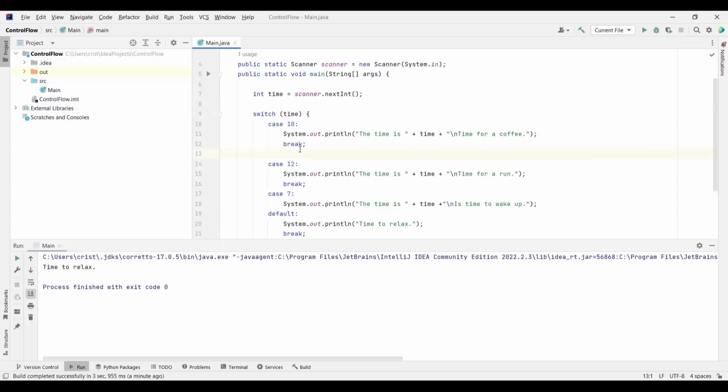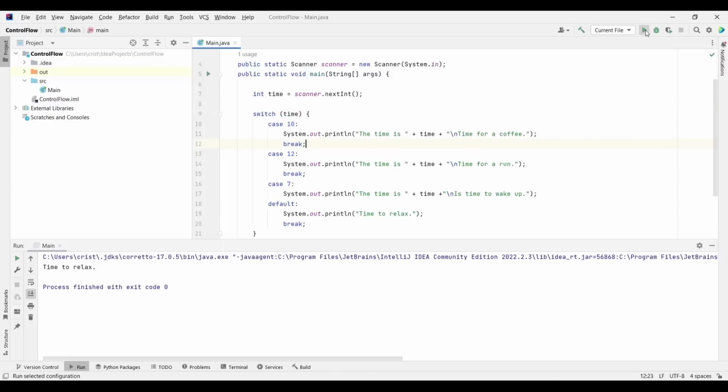Alright, so let's run our code to see what happens. And to make it more interesting, let's also put some text to say to the user to input a number.